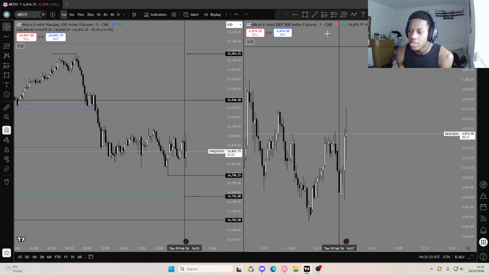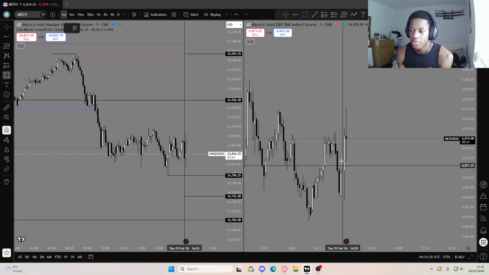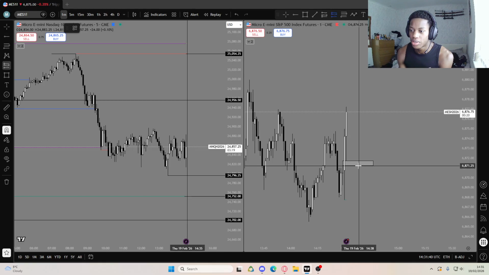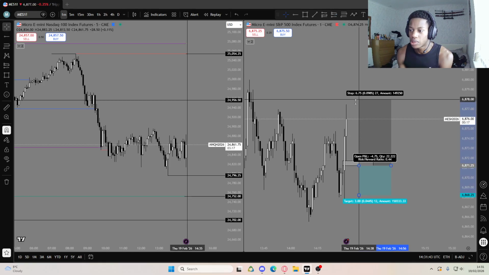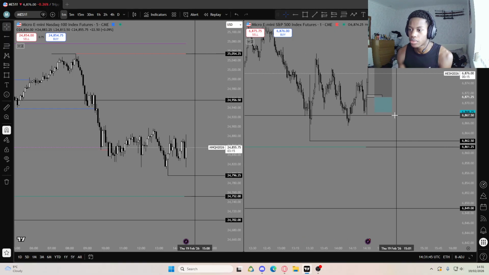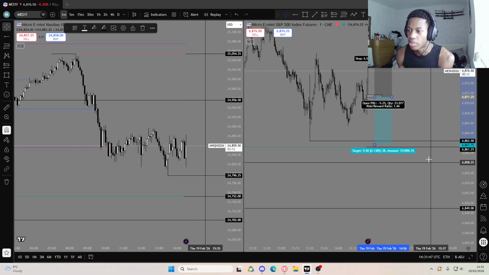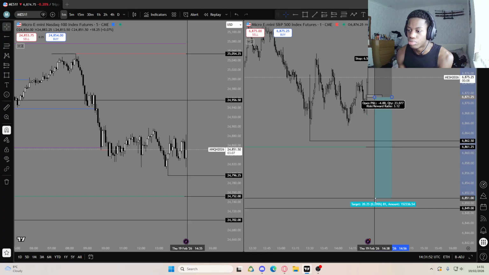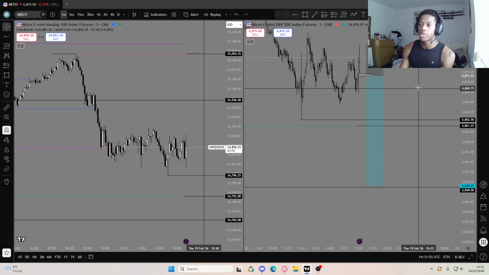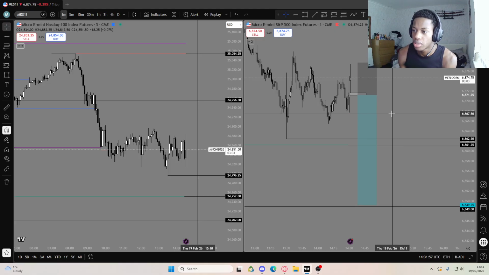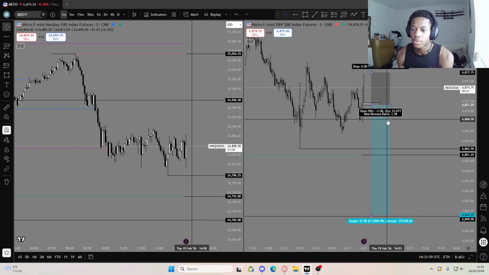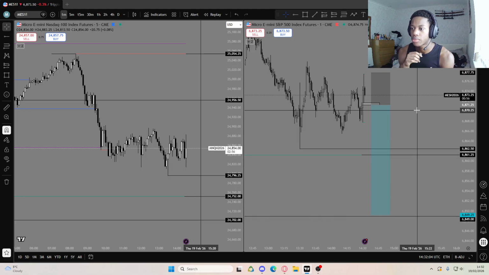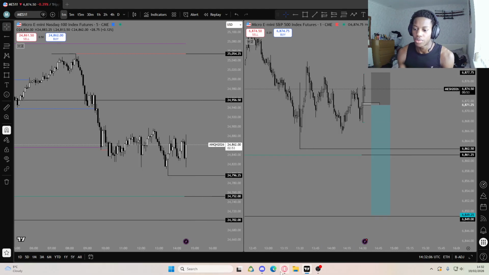Is that a fair value gap I see? This would genuinely be the quickest entry I've ever done, but I'm not going to, of course. It's not part of my trading rules. Break even, I think, at either data lows or this low here, and then take it all the way down there. 2, 1. Yes, we did get a fair value gap. A gap that's very fair in value.